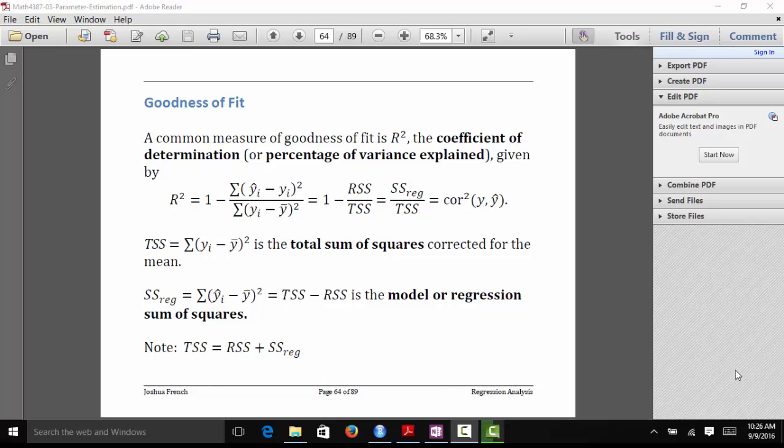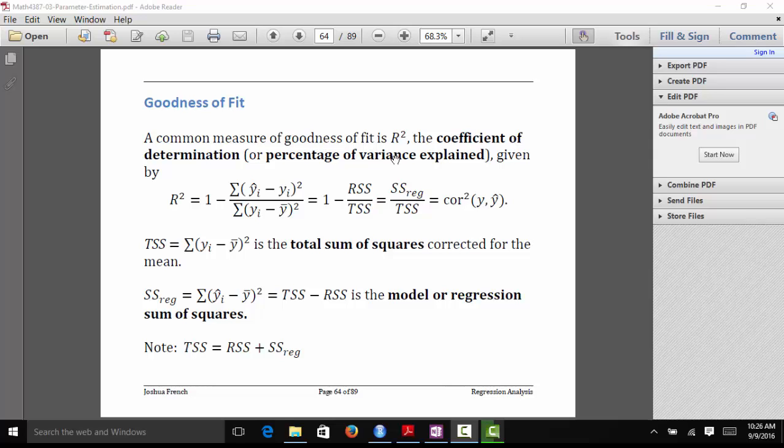Now let's talk about how to evaluate how well our fitted model fits the observed data. There are many different ways that you can assess goodness of fit, but we're going to talk about one specific one that's pretty frequently used. The goodness of fit is denoted by R squared, and it's called the coefficient of determination or the percentage